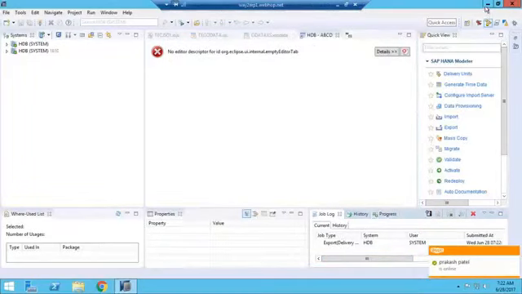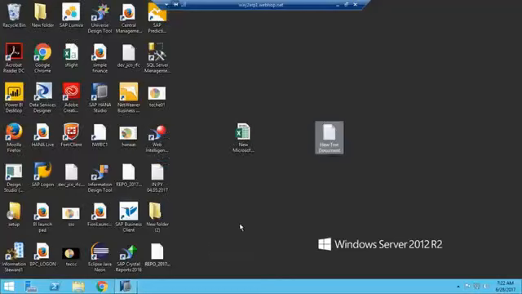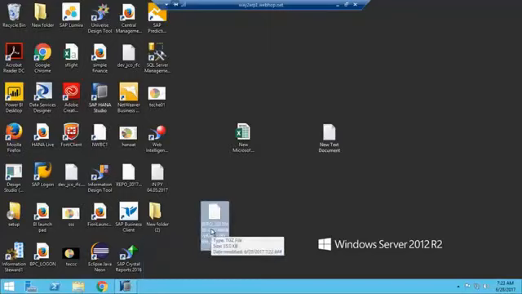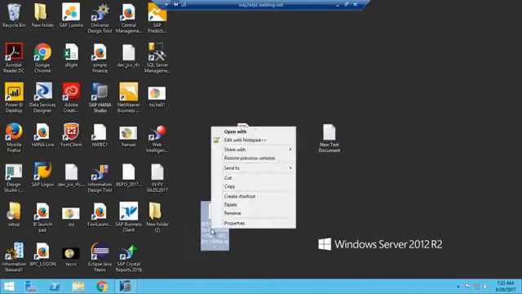If you go and see on the desktop, you are able to see one file. See, this is the file. This is an XML file.